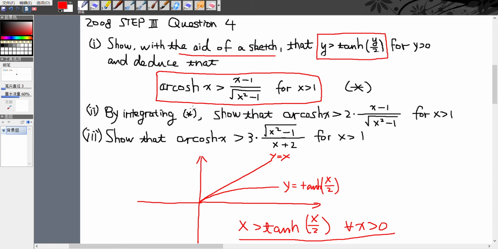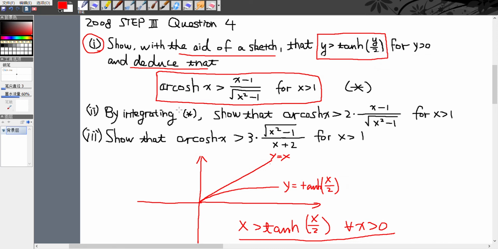So the property of a step 3 question is that every sub question, for example, this deduce question is a sub question of question 1,